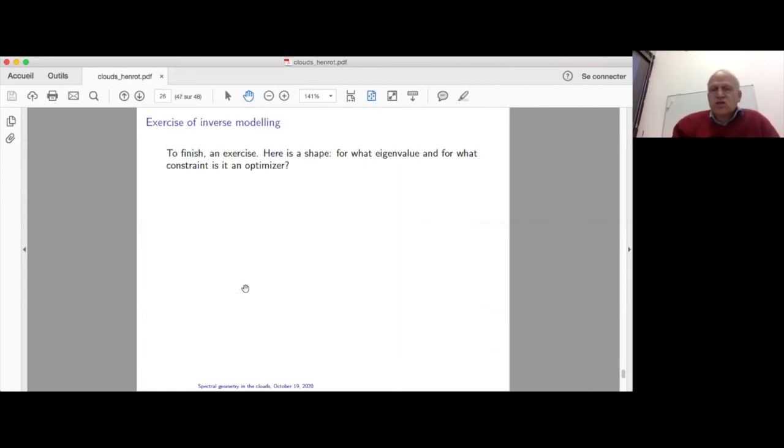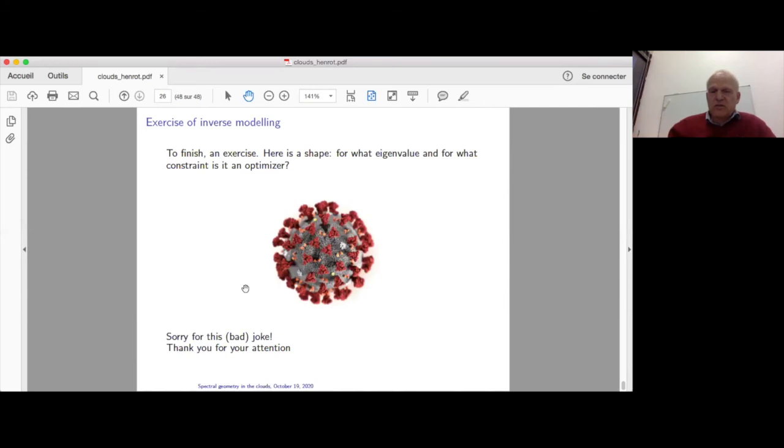Just to finish, I give you an exercise of inverse modeling. Inverse modeling means, okay, I give you a shape. Are you able to find the eigenvalue and possibly the constraint for which this shape is optimal? And this is my shape, which is,